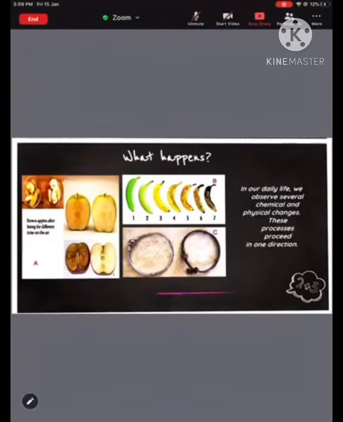In the third image, you can find a nice silver anklet. Initially, when you get silver from a jeweler's shop, it will be shiny and silvery. But in course of time, as you wear it, wear and tear happens. What happens to the silver? The silver will turn black in course of time.